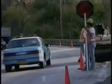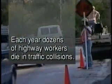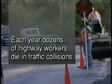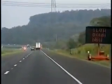There's more than one good reason to slow down in construction zones. Perhaps the most important reason to slow down is each year dozens of highway construction and maintenance workers die as a result of traffic collisions in construction zones. When the signs say slow down,